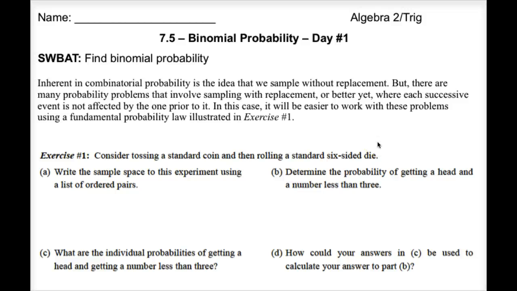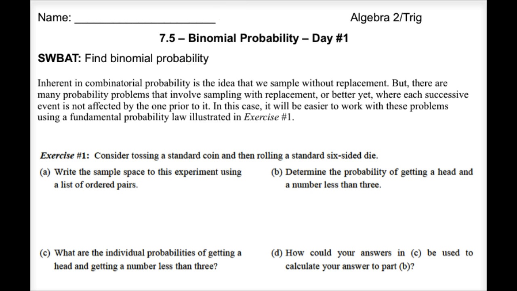Here we are with 7.5 Binomial Probability Day 1. This is actually one lesson broken up into two different days. So our objective today is that students will be able to find binomial probability, and this is a new term